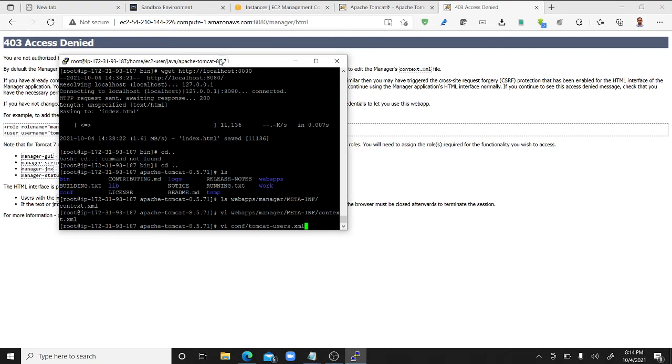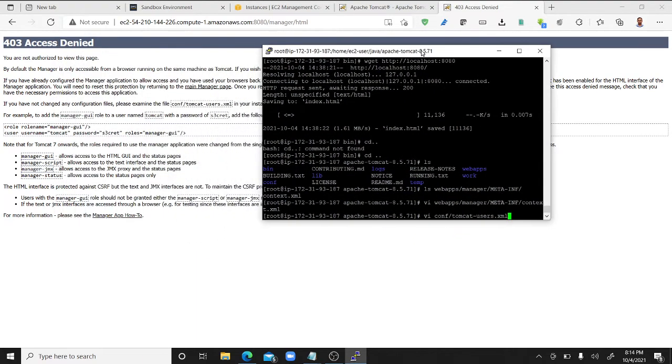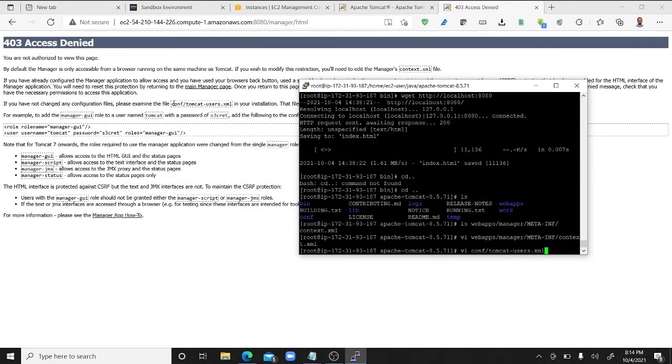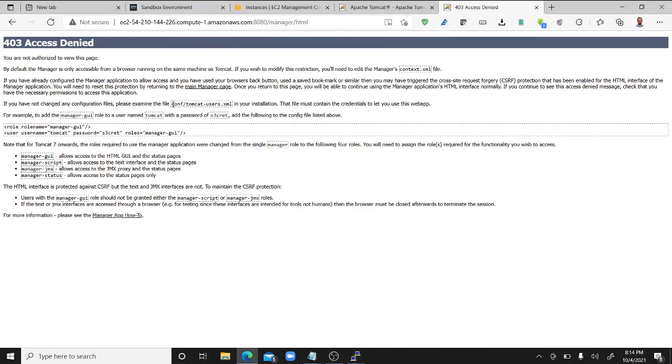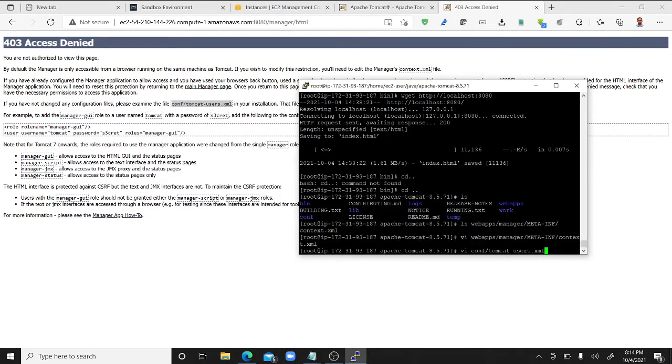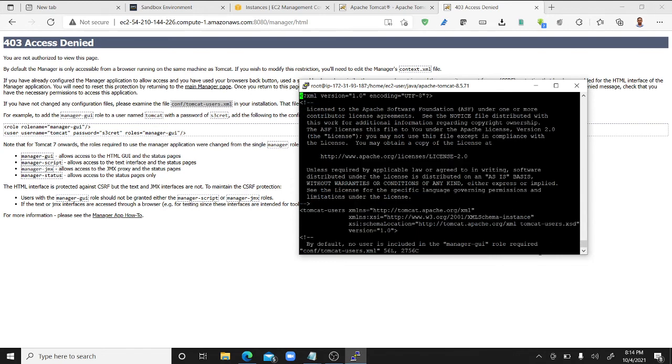If you have any doubt, either you can enter into the directory or you can see here, in this window, I'll highlight it. See, the same path we are using. So vi space conf slash tomcat-users.xml. Press enter, and it will take you into another file.